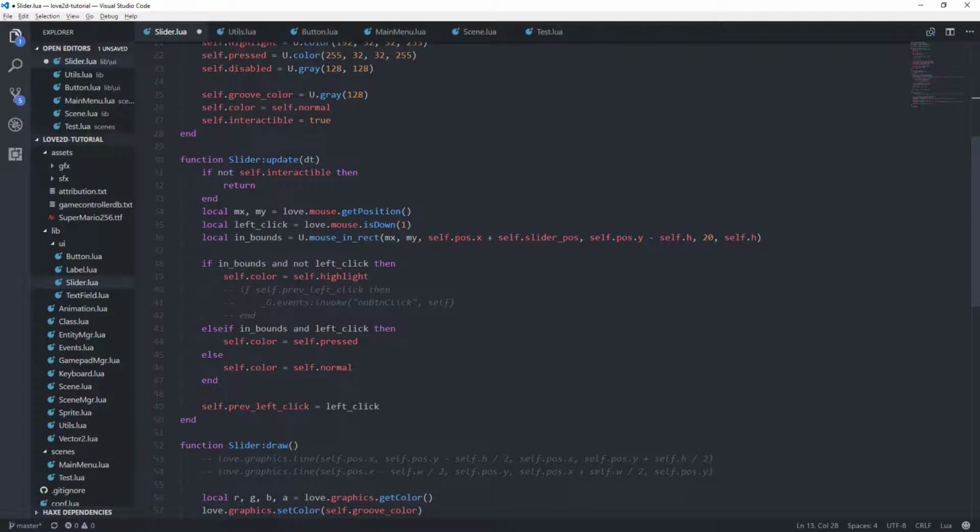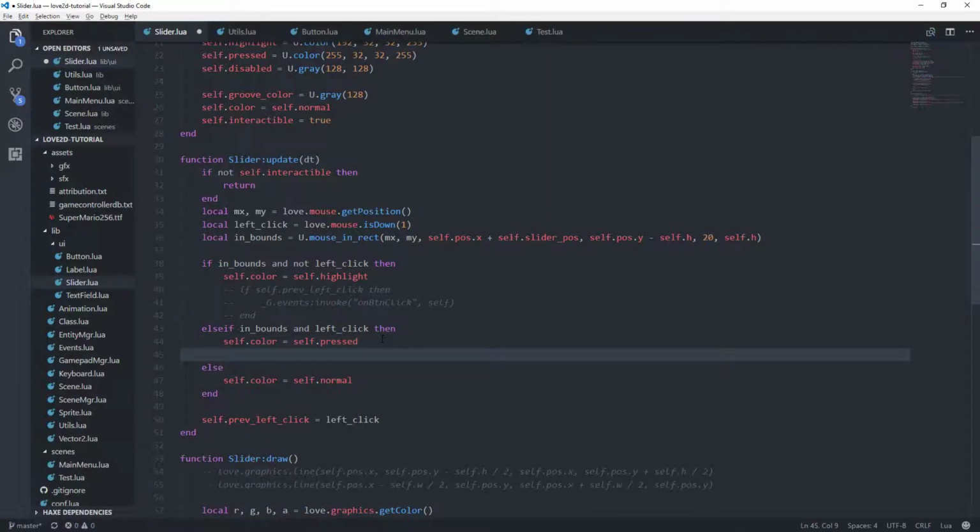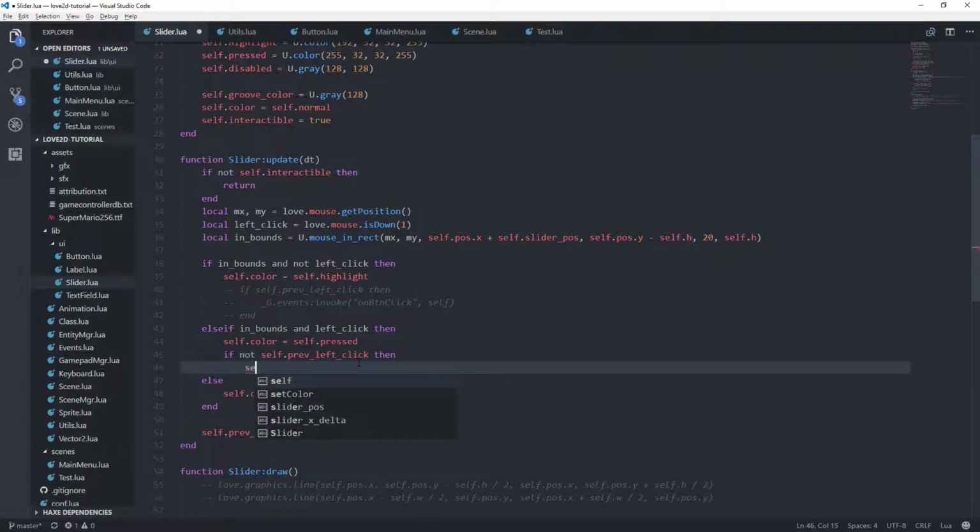And so if we click it, then let's say if not. We want to find out if we haven't clicked. If we haven't clicked, then let's say self.slider x delta equals